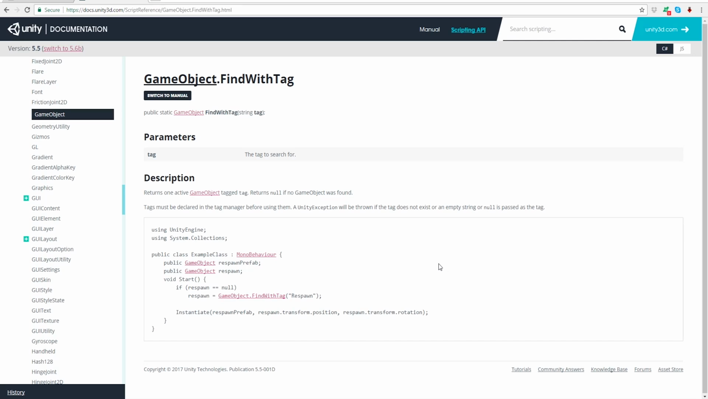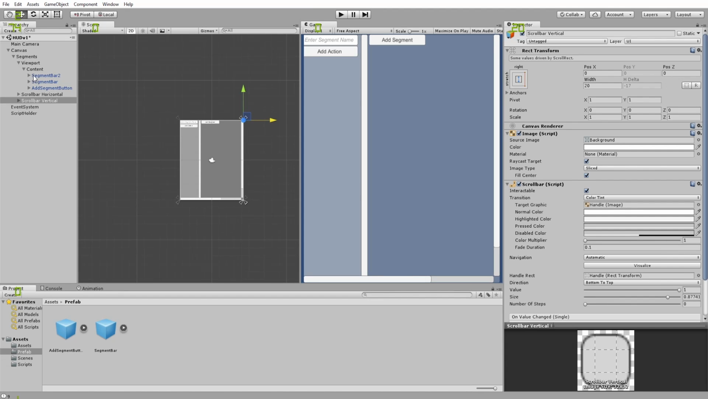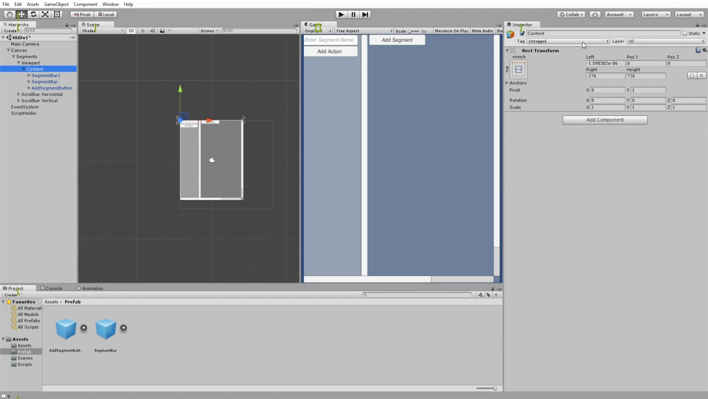So this returns one active game object tagged with the tag. Tags must be declared in the tag manager before using them. So this is what we're going to do. We're going to create a tag for this guy. We're going to say untagged, and then we're going to say that this is the